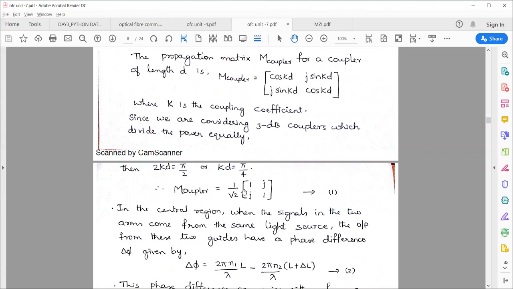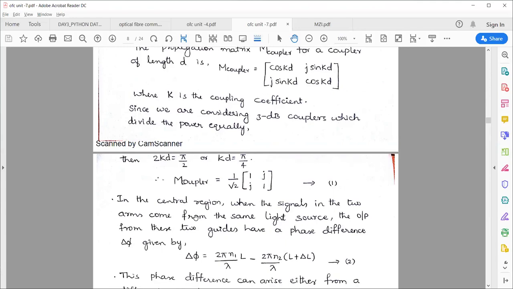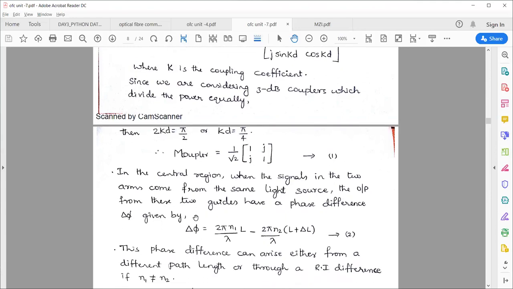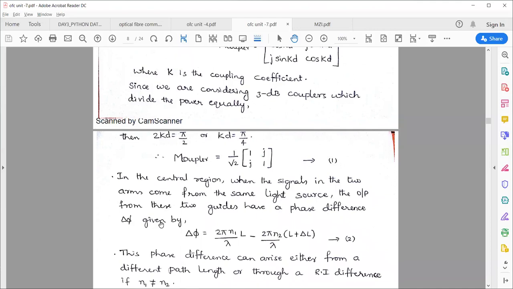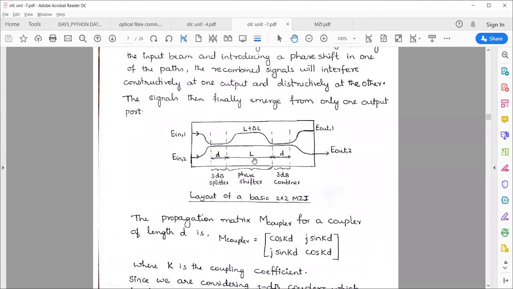I mean to say after applying the value of kd as pi by 4. So let me move on to the second section, that is the central region where the signals in the two arms come from the same light source, and the output of these two guides have a phase difference of delta phi, because this second section or the central region of the interferometer multiplexer,